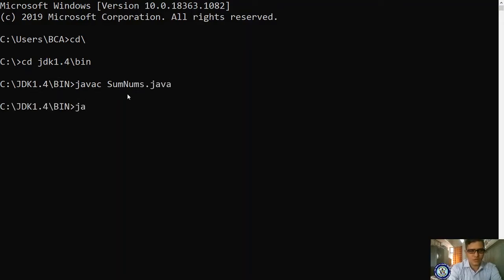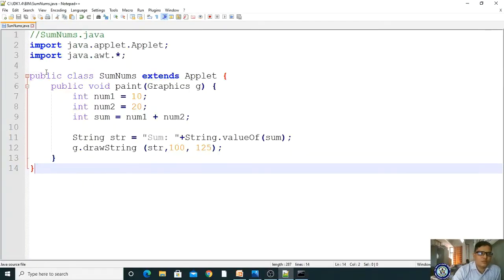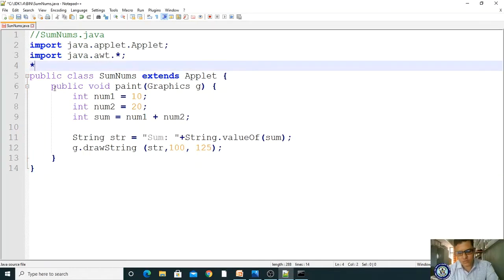No error. Now I'm running it. How to run an applet program? appletviewer SumNums.java. Will it run? No. Why? Can anybody guess? Yes, because it doesn't contain the applet tag in the comment section.